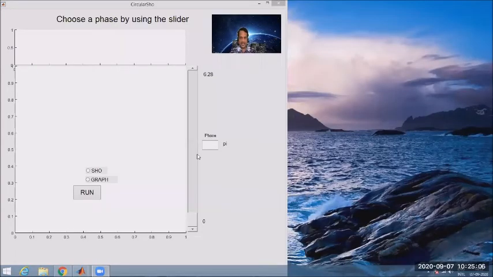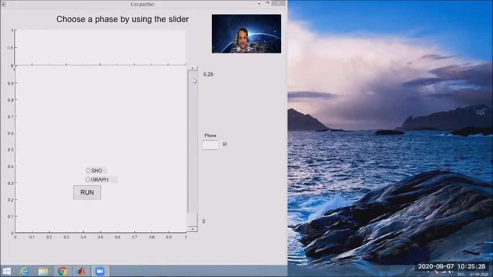Good morning. In this simulation, we will understand the concept of phase. Phase is used when there is a periodic phenomenon occurring. In physics, generally, the periodic phenomenon depends on space and time. To start with, let us consider one simple example of a circle.